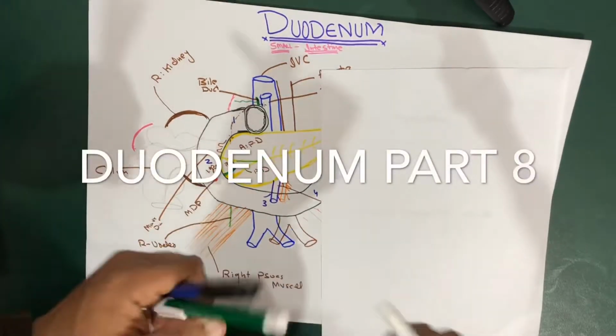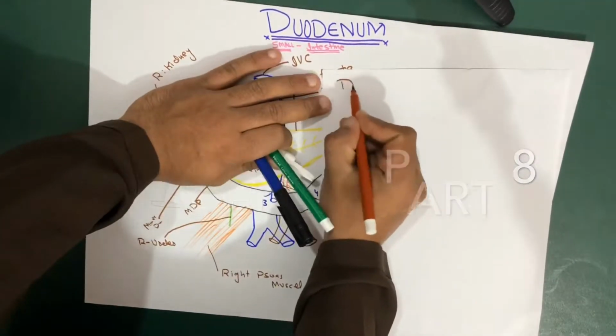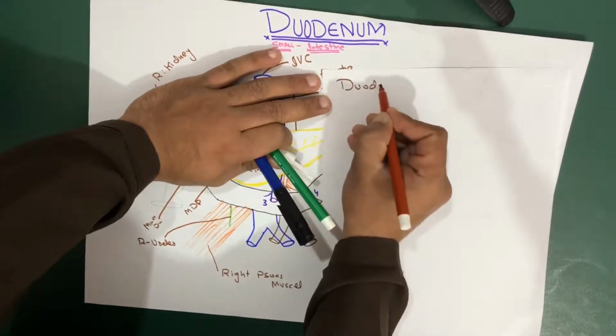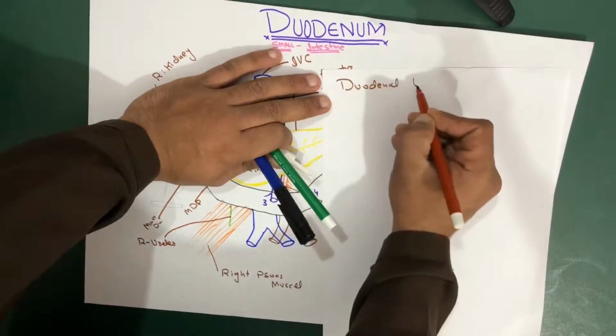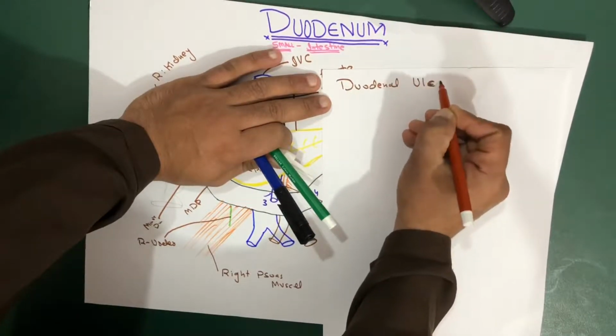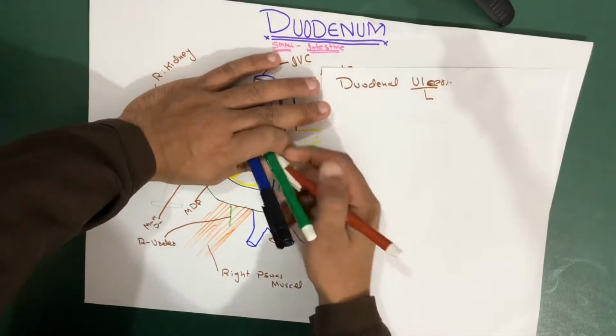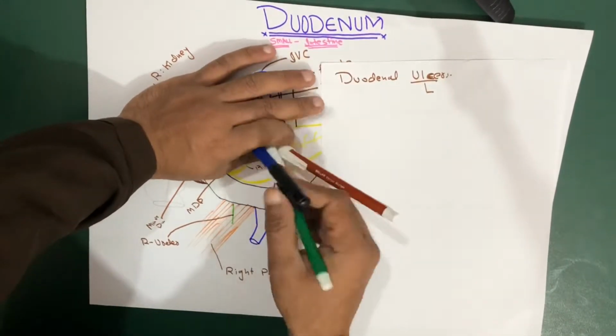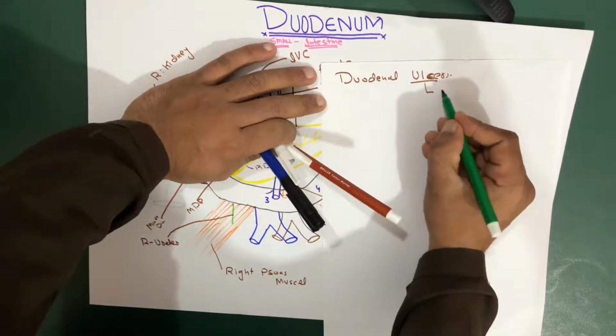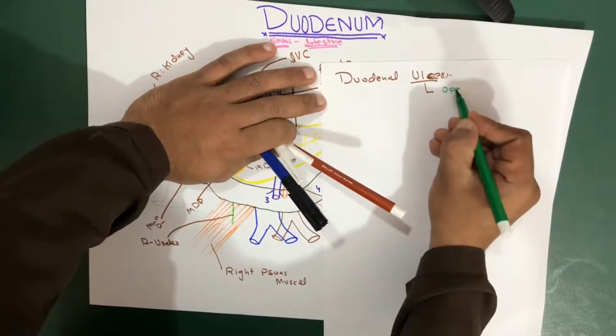Now let's talk about the duodenal ulcer, which is the clinical of our duodenum. So I'm going to give it the heading called duodenal ulcer. First, in order to talk about the duodenal ulcer, we must know what an ulcer is. If somebody asks you what an ulcer is, you're simply going to answer, it's actually an open